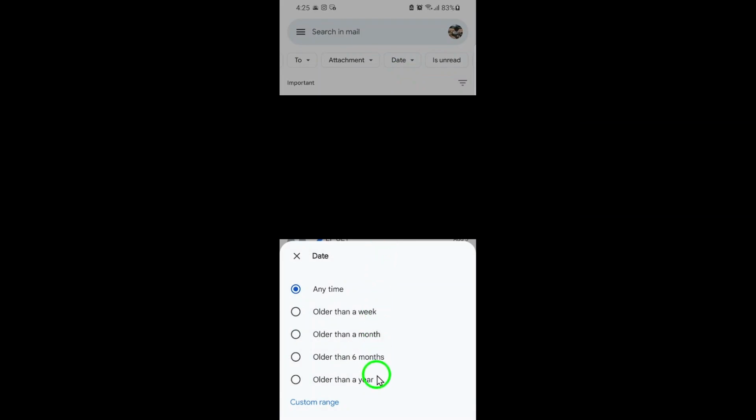Now, above your email list but right below the search bar, you'll notice a filter option labeled Date. Go ahead and tap on Date. This brings up several filtering choices to organize your emails by time. For this guide, select older than a month. Instantly, Gmail will display all your important emails from over a month ago, putting your most relevant and older messages